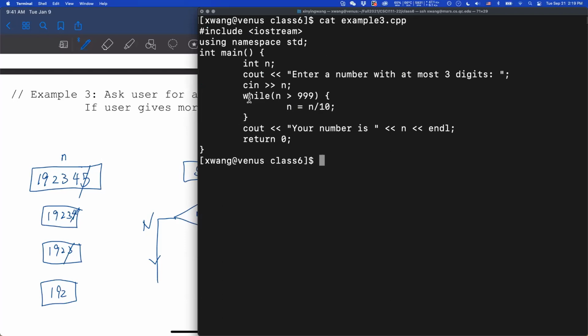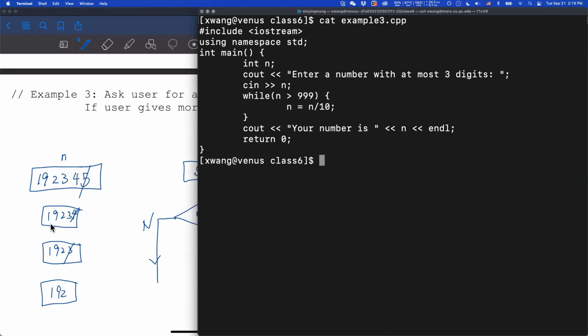And it will only go into it if your n is greater than 999, which means your number has more than 3 digits. In our example here, you have 192345. It's 6 digits, more than 999, so you get rid of the last digit. And then we go back to the question.